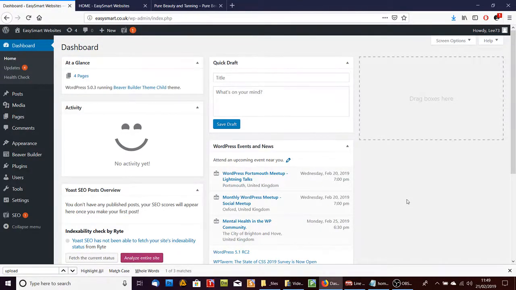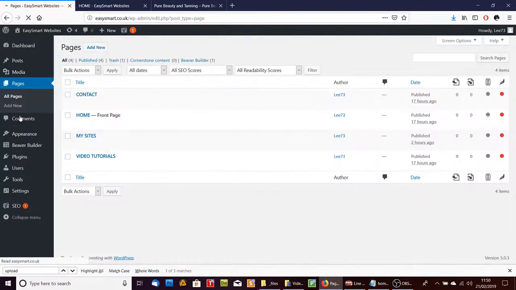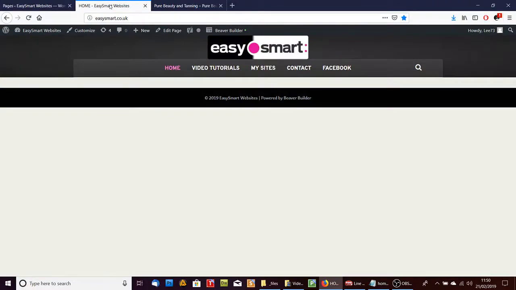Okay, so we've created our pages and our menu, so now we need to start putting some stuff on our pages and launch the page builder. You can do that from inside your dashboard if you just go to pages, and then you can hover over any one of the pages there, and what you need to do is click this one here, Beaver Builder. That's the page builder,